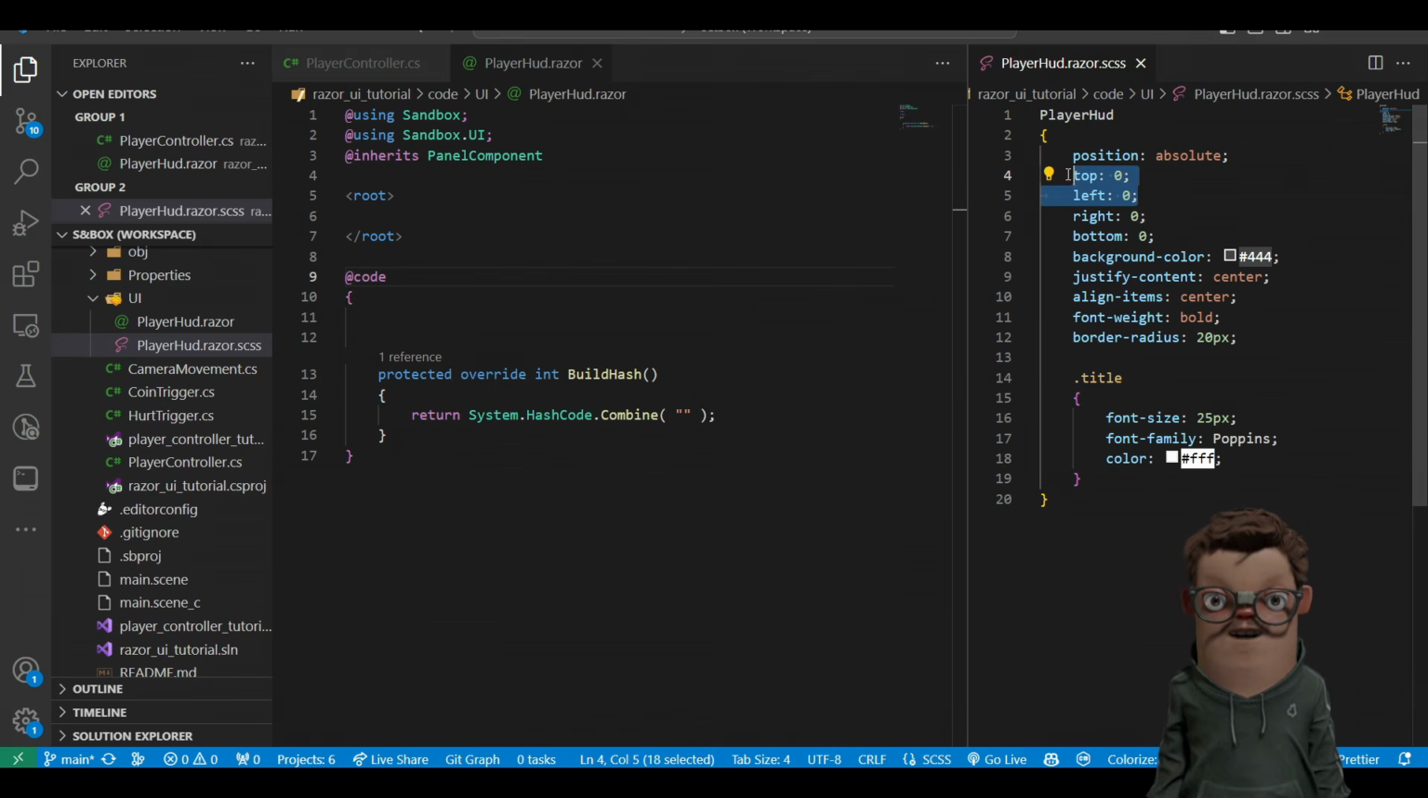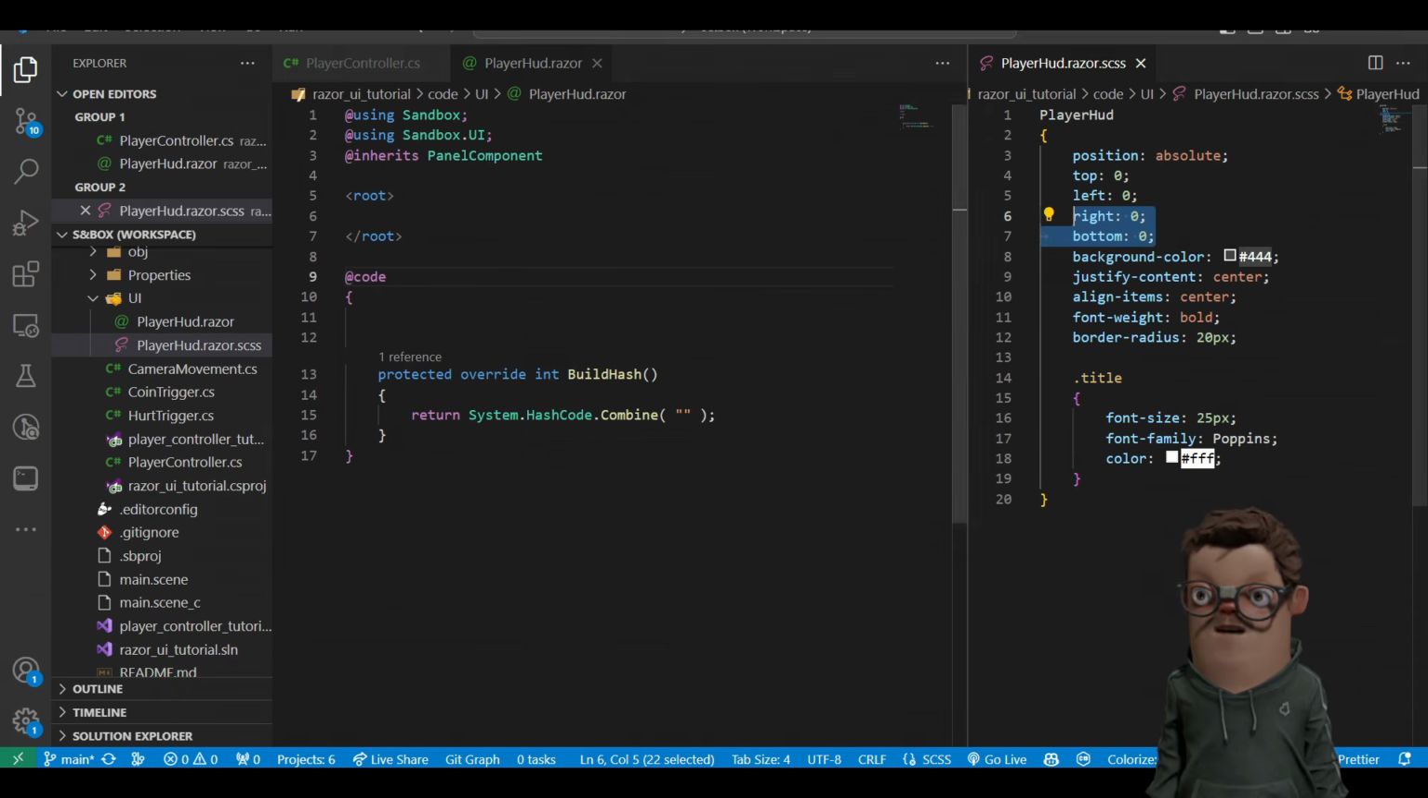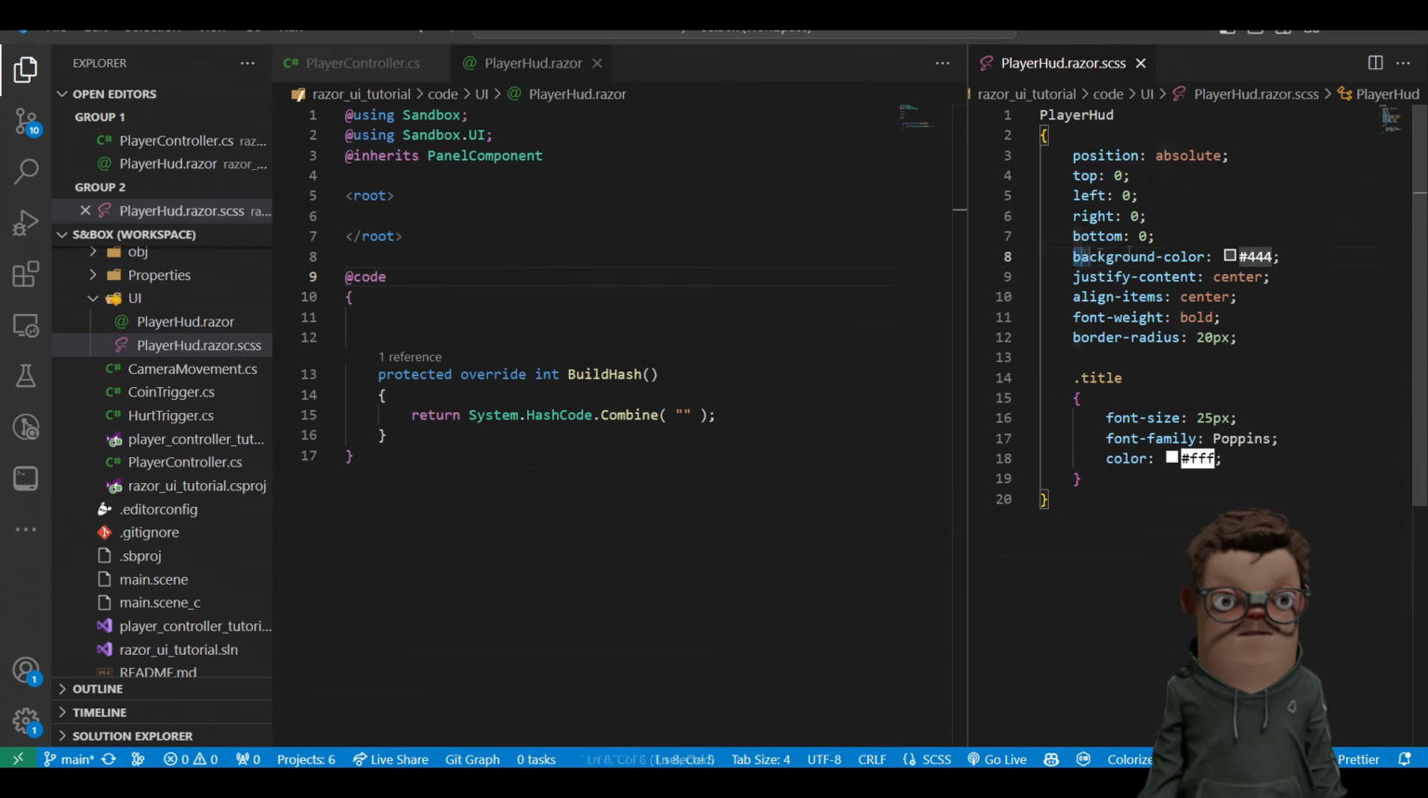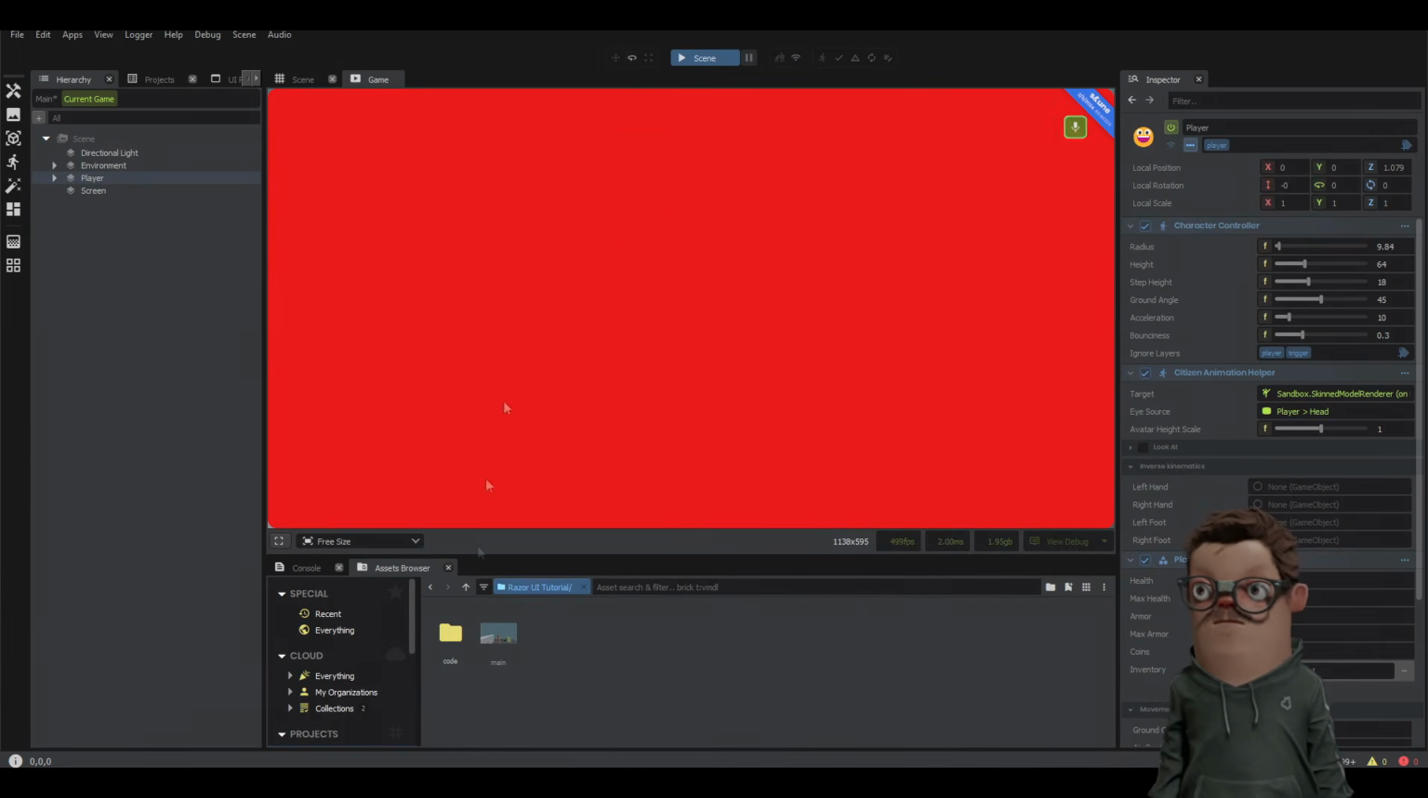So the top left is zeroed out. We're setting it to the top left. The bottom right is also zeroed out. It's set to the bottom right. That means that our UI is going to fill the entirety of the screen. You can see here the background color is set. So if I come in here and I change this to a different color, it's instantly